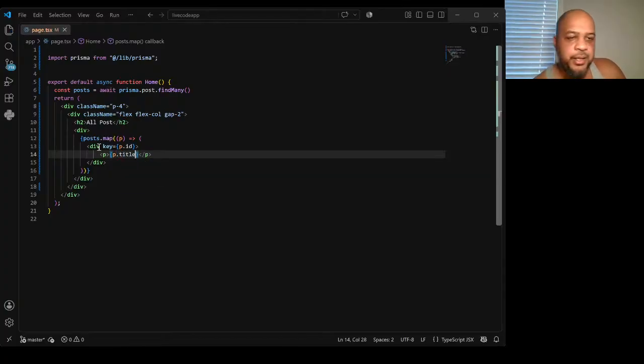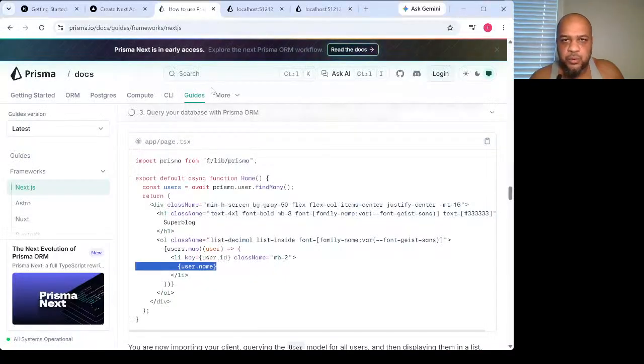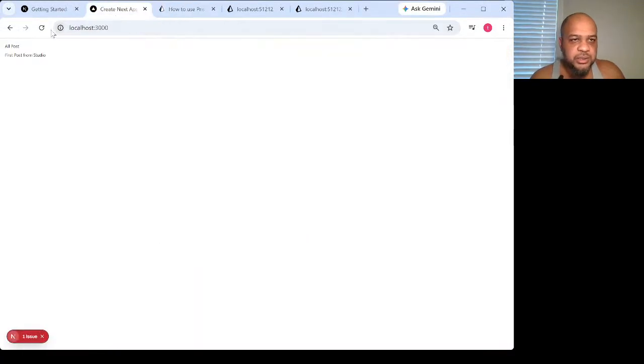And if we click save, what we should see is the post that we added inside of the Prisma Studio on our localhost 3000. So if we refresh the page, we see post from Studio. This is the name of the post that we just created. So we know that we now have a connection established to our Postgres database via Prisma inside of the Next.js